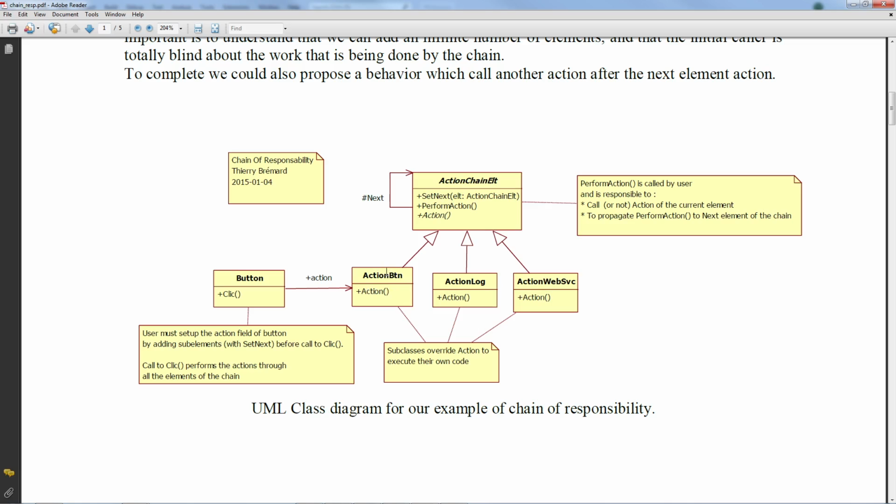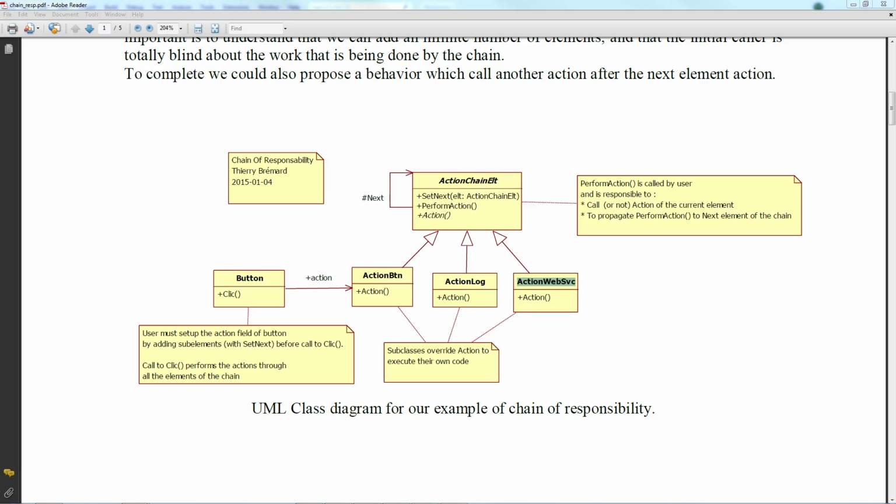Because each subclass inherits from the abstract class, the loopback gives the feature that an action button can link to another implementation like the Action Web Service. This example gives a certain behavior which consists in executing an operation, then calling the operation of the next element.